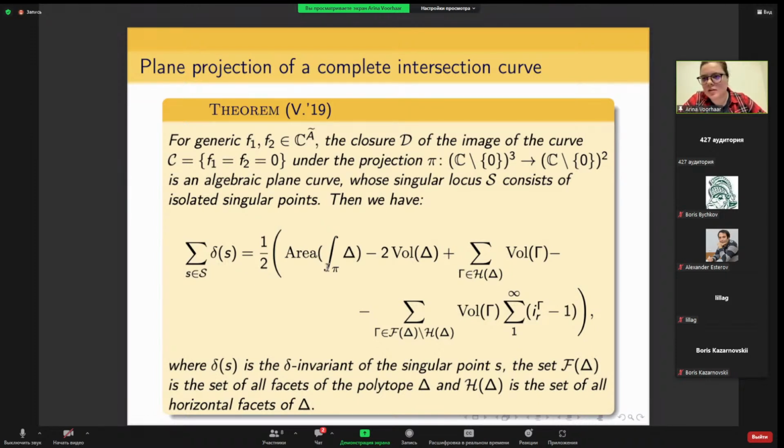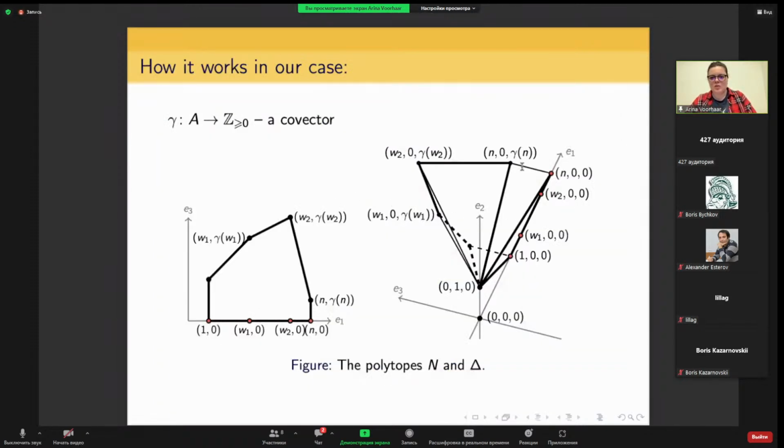It's the Minkowski integral of polytope delta with respect to P, which was proved to be the Newton polytope of the curve D, and that follows from the work, in particular, of Alexander Esterov and Askold Khovanskii about the elimination theory of Newton polytopes. So anyway, we got this formula, and as you can guess, the next step is to apply this formula to our case when we consider this polytope delta and the support set,